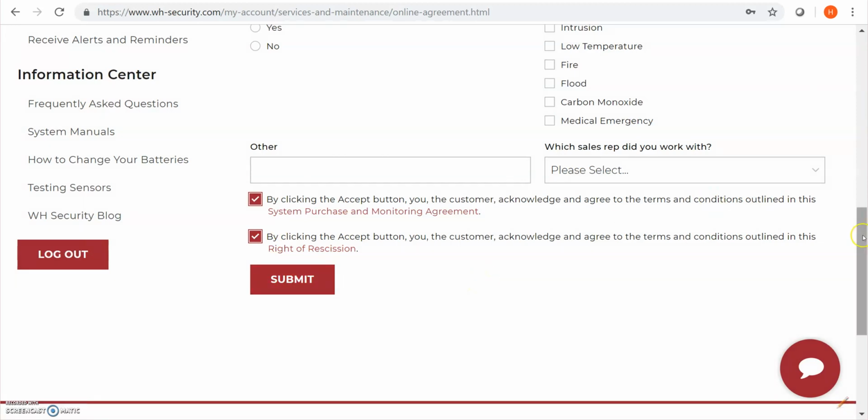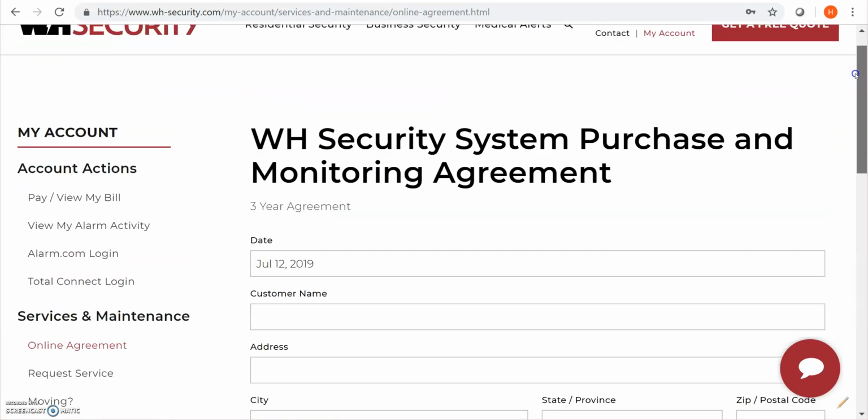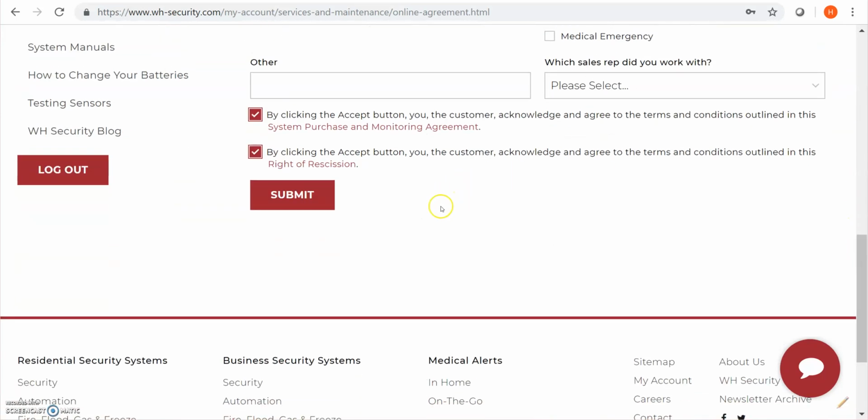I'm not going to do that because I'll get all kinds of errors because I did not actually fill out the form. But you would fill out the form and click the submit button at the end, and then you are all set. If you have any questions about this, please give us a call at